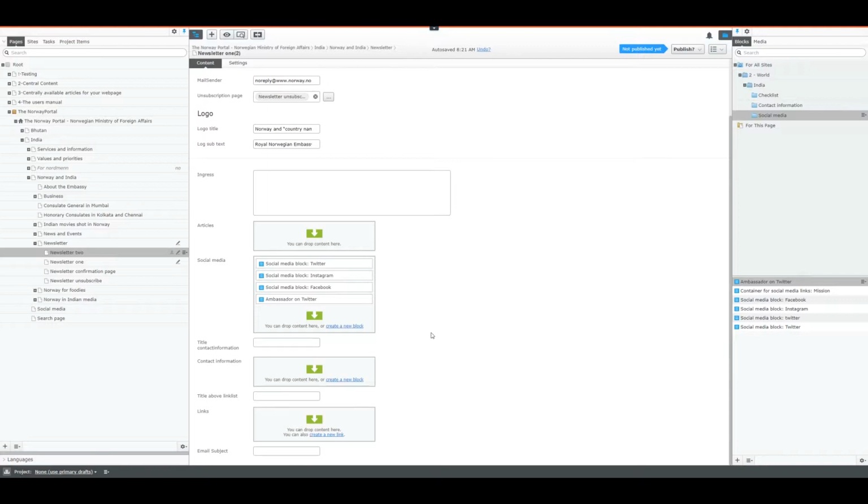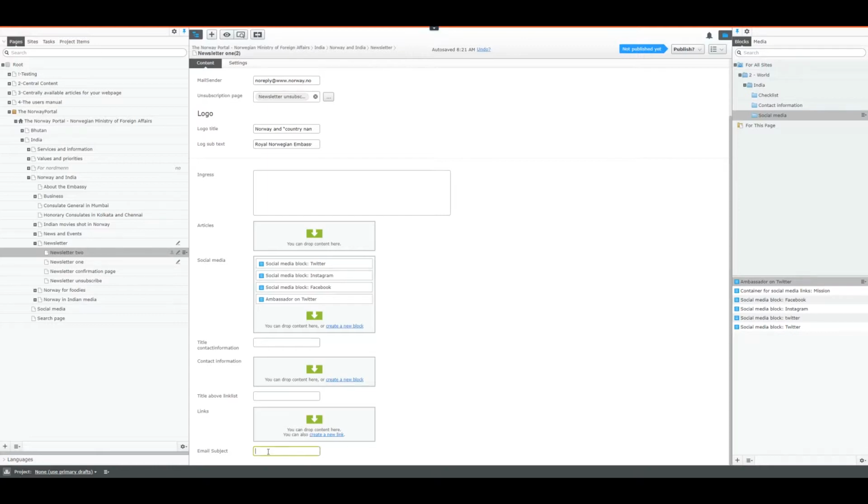I would recommend adding that information to the ingress field, or you will have to make use of the old block fields. The old blocks with the contact information are not available anymore, so if you want to add those before I change this field to a text field, you will have to contact Webdesk and we will sort you out very quickly. Links are links that you add to maybe some other locations that you want it to be,